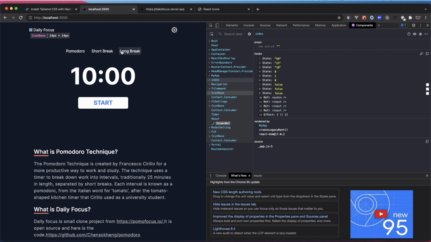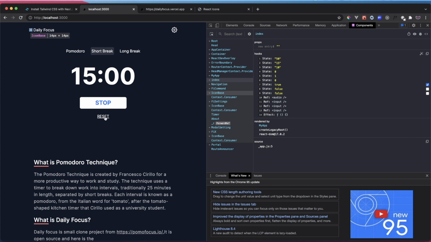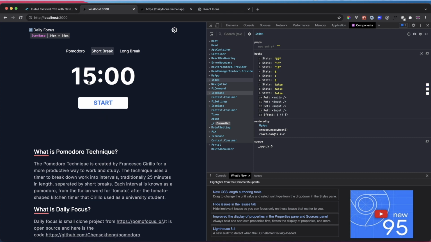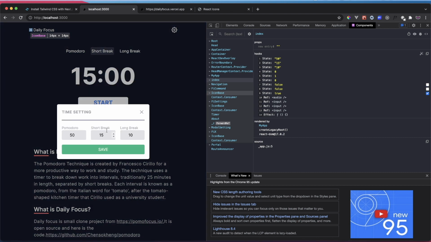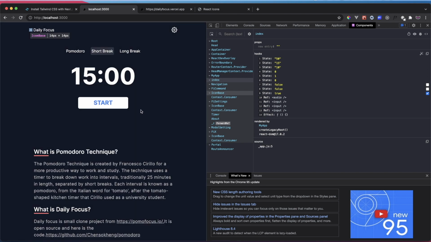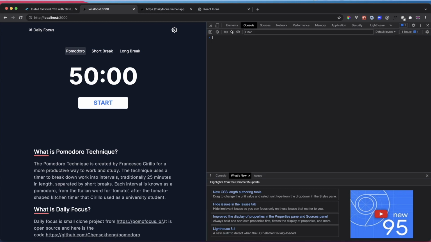So you can see. And also if I click on reset, it's going to set to 15, because it picked up from our states, from our input right here. All right, so I think that's pretty much it for this one. For the last thing that I'm going to show you is